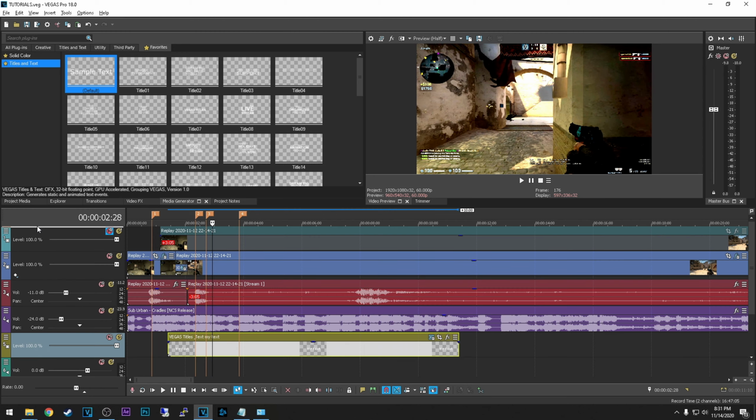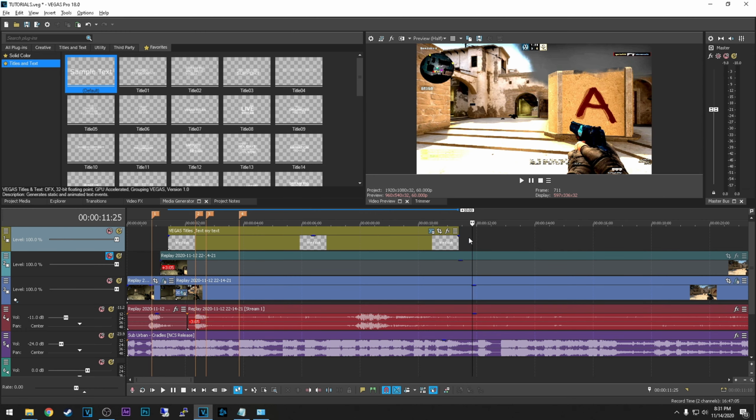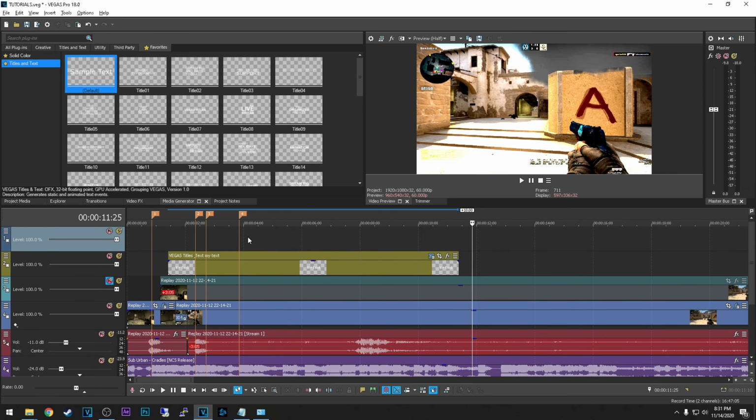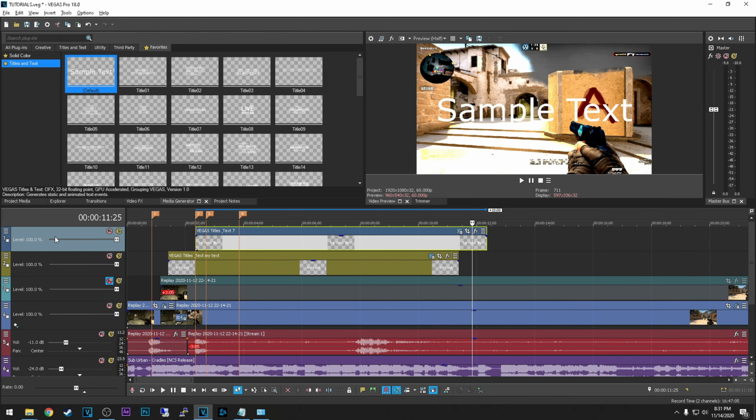So you can either drag the track above or add a new track with Ctrl+Shift+Q, and you can add the text right here. You see, just like that. I'm going to delete this.